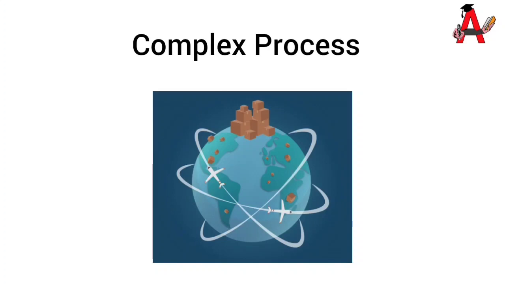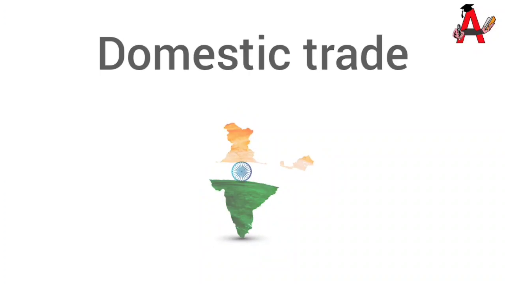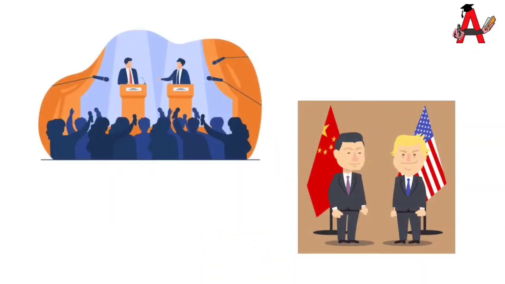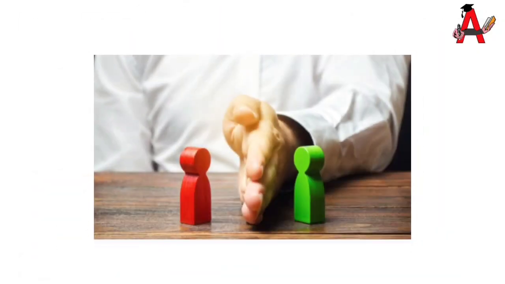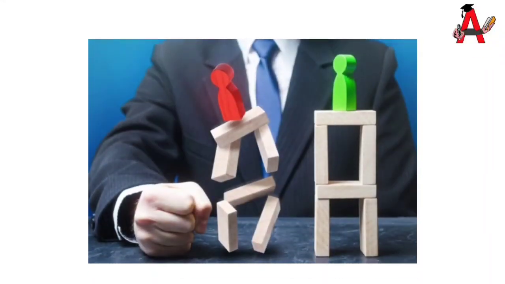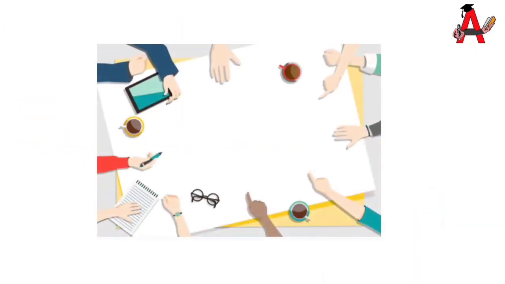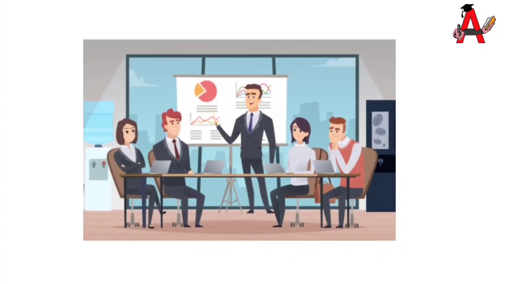When we carry trade at international level, many more complex processes are involved than in domestic trade, as the trade takes place between two or more nations. The political relation between two countries also influences the trade between them. Sometimes the obstacles in the way of trade affect the mutual relationship adversely. So to avoid this, and to smoothen the process, international organizations have been formed. These organizations work towards the facilitation and growth of international trade.